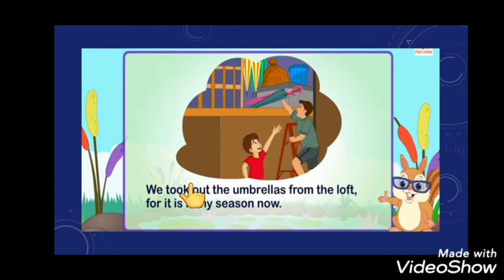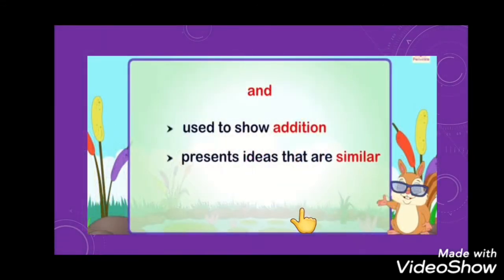Guys, we can see the example. We took out the umbrellas from the loft, for it is rainy season now. So here we use for as a reason. Now the next conjunction is and, used to show addition, presents ideas that are similar.